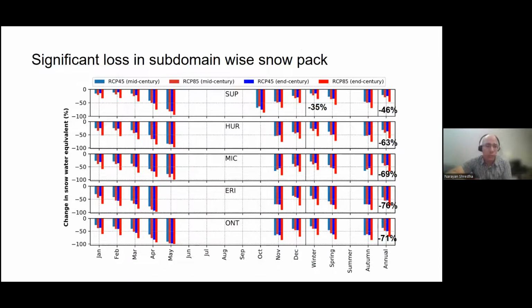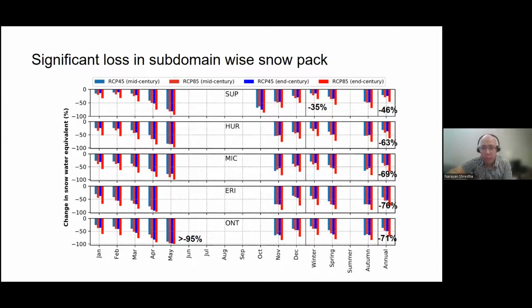Now let's go to the auxiliary variables. First off, the snowpack or snow water equivalent. What we have observed is that although we see increases in precipitation, the increases in the mean temperature would be detrimental as far as the snowpack is concerned. What we have seen in the annual time scale is that some subdomains, for example Erie, would lose almost 3/4